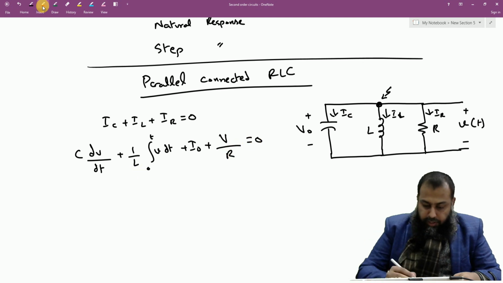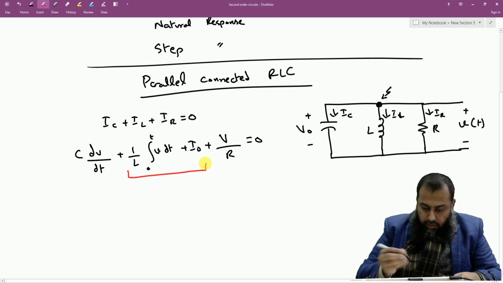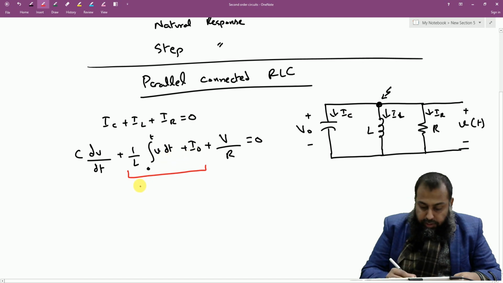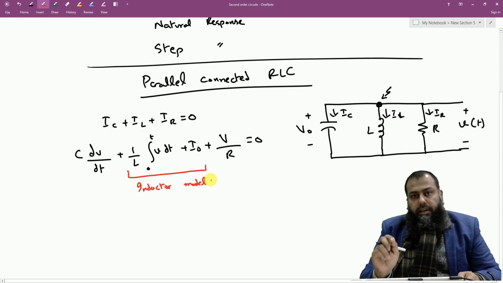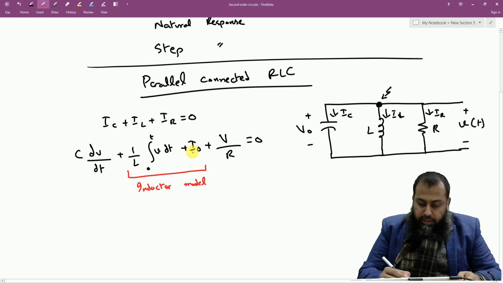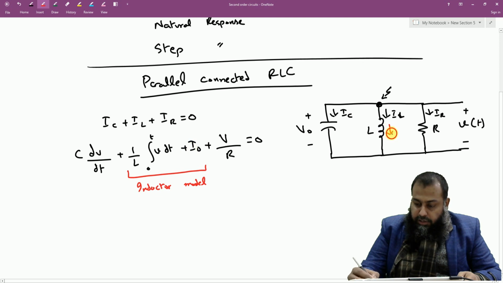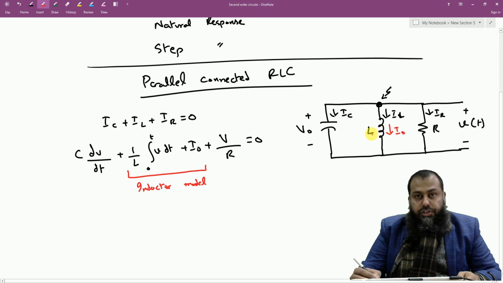In here, this whole (1/L) integral from 0 to t of V dt plus this I naught constitutes the inductor model. Because the inductor requires initial conditions, we have included this I naught, which is the current flowing in this branch L